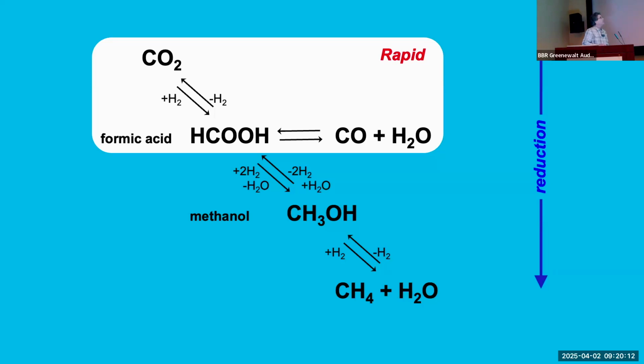What these experiments have shown is that the production of formic acid from CO2 with hydrogen, and ultimately carbon monoxide, which is essentially the water-gas shift reaction in an aqueous environment, is very fast at elevated temperatures, whereas the subsequent reduction to methanol and eventually methane is sluggish and slow, but it does occur. I'm going to come back to this later